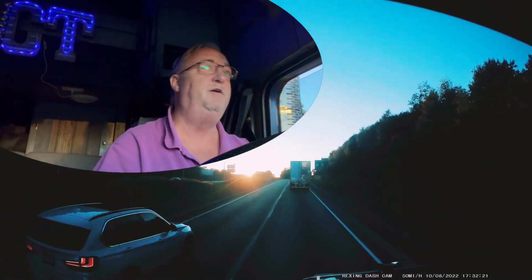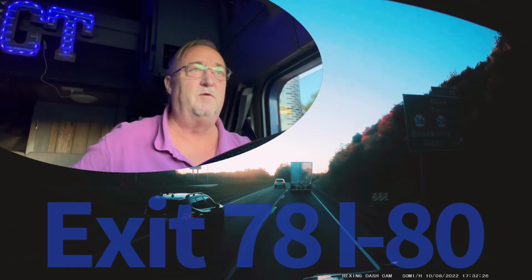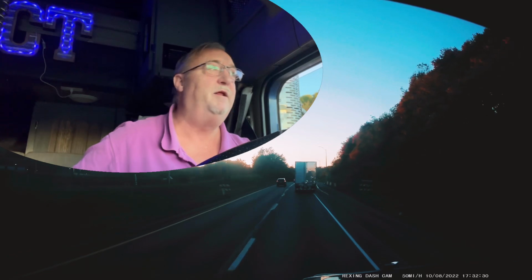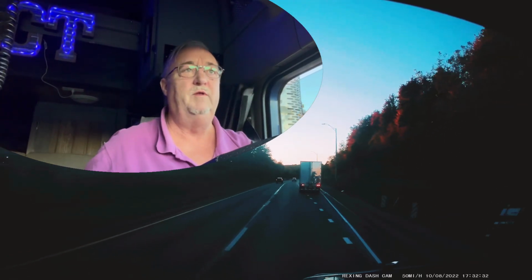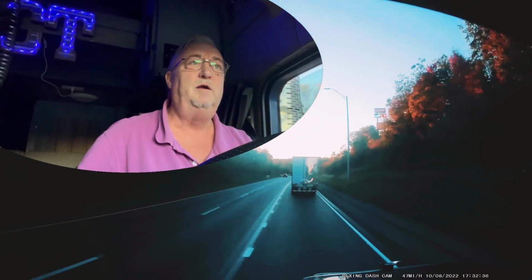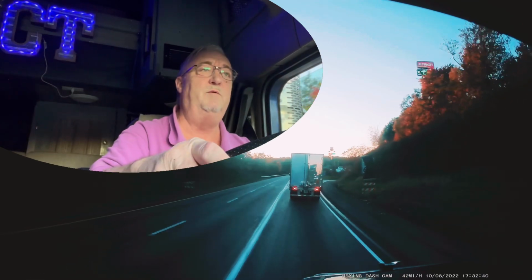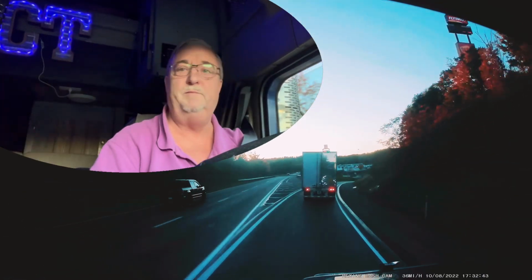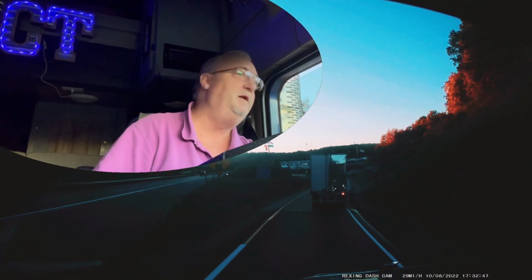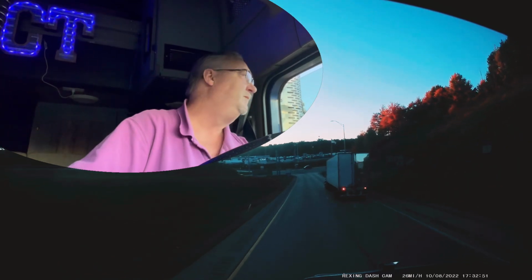Alright, just about to get off here at the Brookville exit in Pennsylvania to head to the Hurricane Truck Wash. For all of you who keep saying, wash your truck, wash your truck. Alright, I'm going to wash the truck. I'm doing this because it's half the price of a Blue Beacon. It's an automatic one, and you can use the power wands afterwards yourself to aim where you want, so I can do the box the way I want to do it and stuff. So we'll pull on in there and see if we can get her a little cleaned up, shined up, and